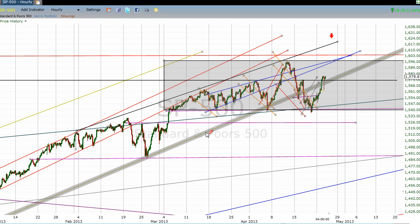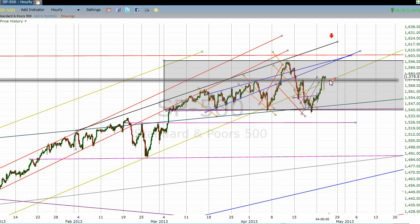Okay, the fact that we got back over this line does speak for some underlying willingness for people to buy the dips still. But the question will be, will this pattern complete? And if it does, will it do so